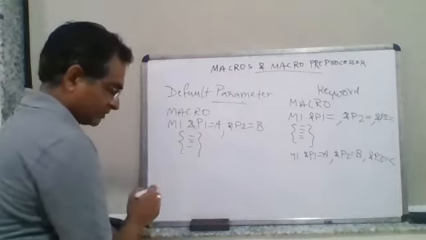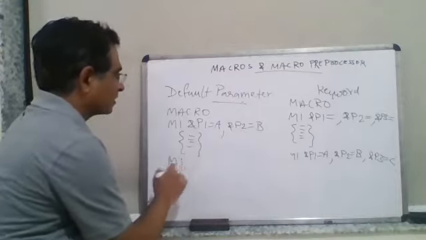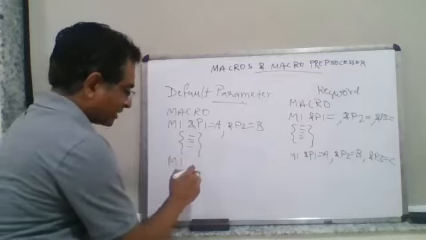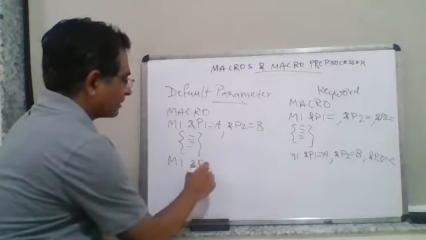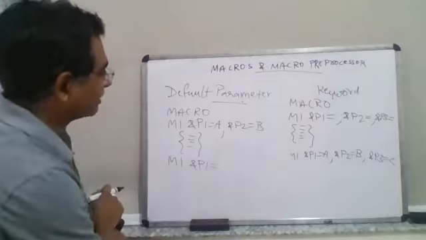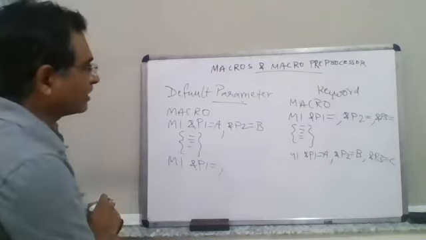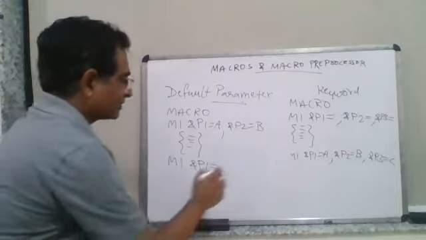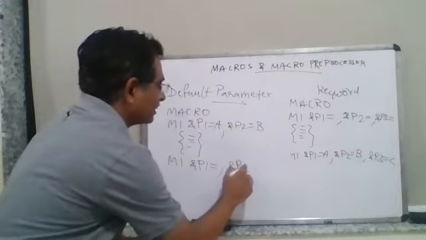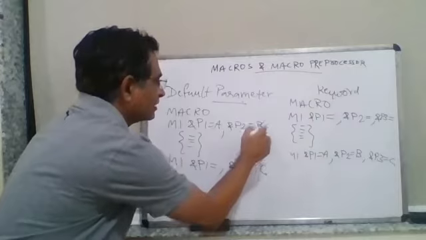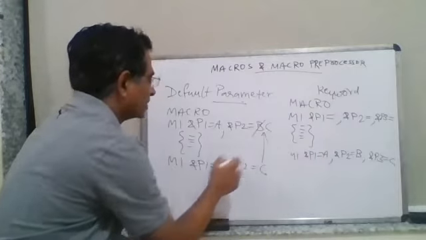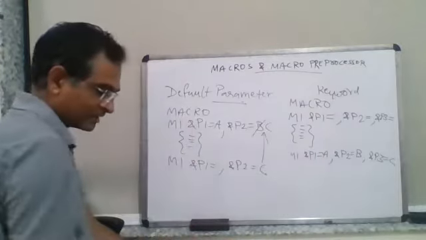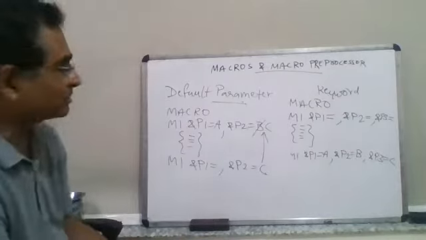So here there could be multiple statements. And when I'm calling this, how will I call this? Let's say if I say &P1, if I don't want to change it, I will say this much, so the value of A will remain as it is. And if I now want to change the value of P2 to, let's say, C, in that case what I should do is &P2 equal to C. So what will happen is this B will be replaced by C. I mean, this is going here, and the value of A remains as it is. Right. So this is the default parameter option which is there.